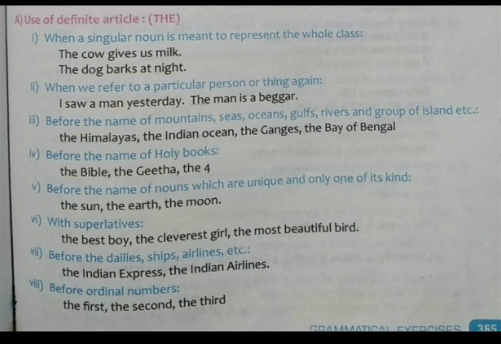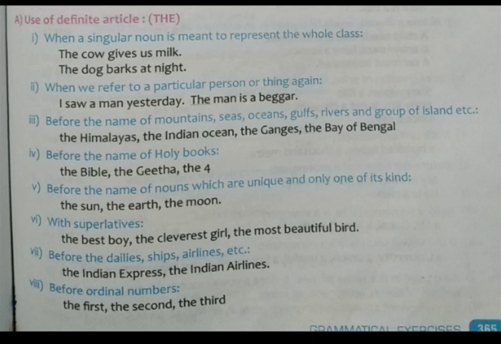Before the superlatives. Okay, already you might have studied in your lower classes. Degrees of comparison, is it? How many degrees of comparison are there? Three are there. Positive degree, comparative degree, superlative degree. There, when you are writing the superlative degree, before that you have to use the definite article there. The richest, the tallest, the shortest, the best. Do you understand, children? Whenever you are writing the superlative degree, before that you have to use the definite article